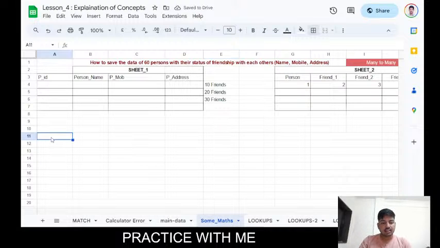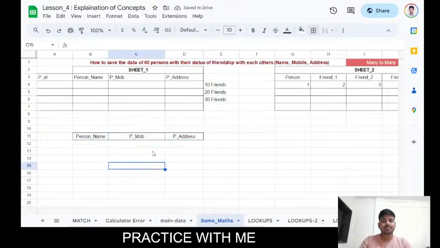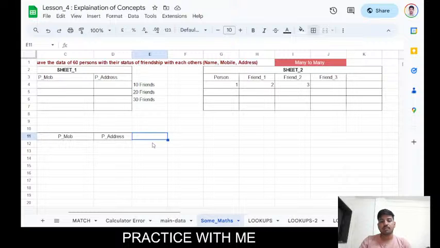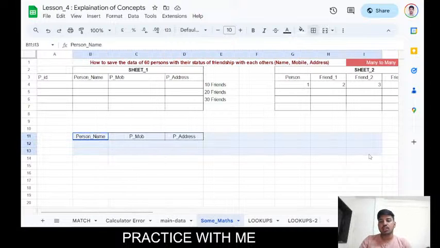So if we take it in our normal view, what do we need to do? We need to do this first column. It might look very complicated to all of you, just don't worry much about it. Just remember it, and I need to do this 59 more times. Are you getting my point? Because I need to store friend 1 name, mobile number, address, friend 2 name, mobile, address, friend 3 name, mobile and address. In this approach, we need to store almost